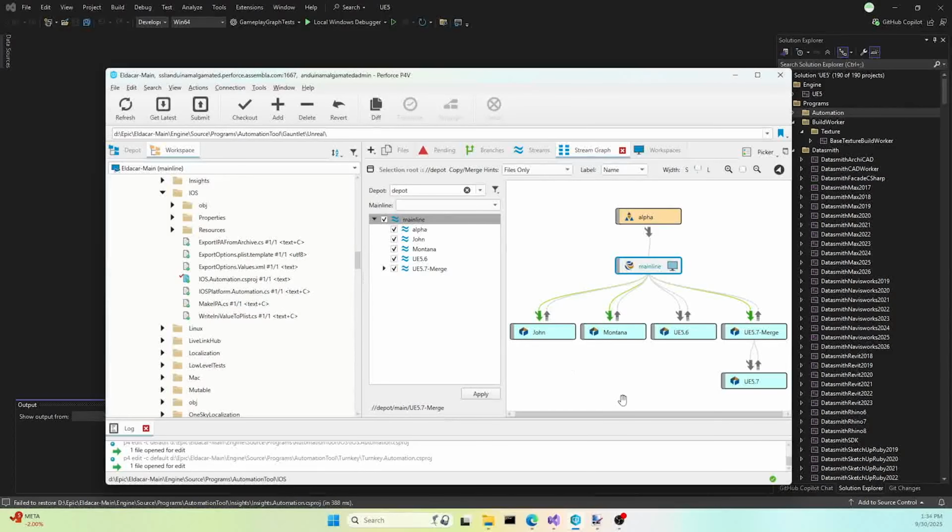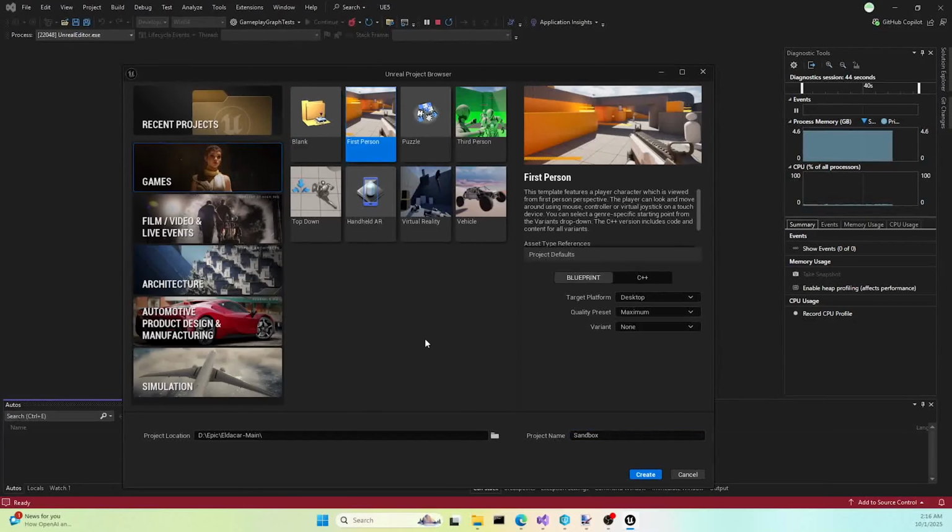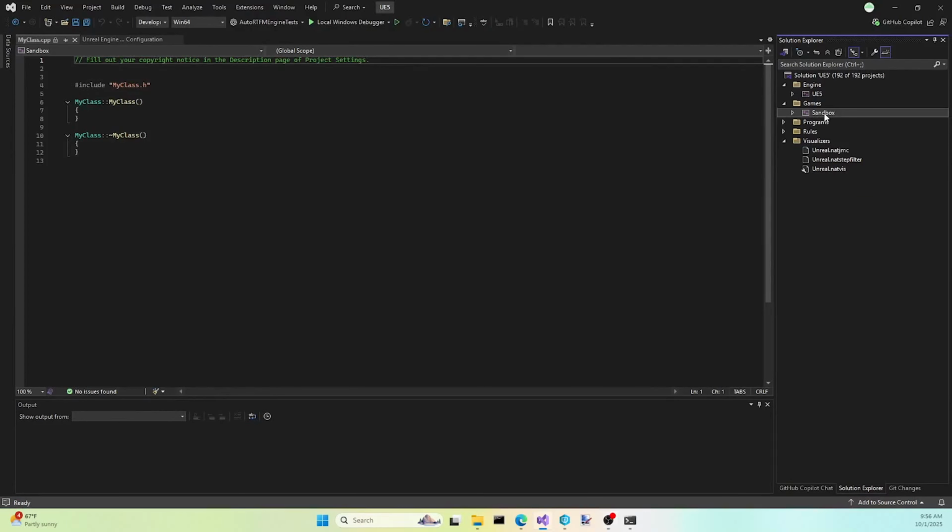Select folder. I'd recommend having two projects: the main project you do production work in, and a sandbox to play around in. Let's have the first person variant create. To get the project sandbox to appear in the Solution Explorer, which I would recommend, what you need to do